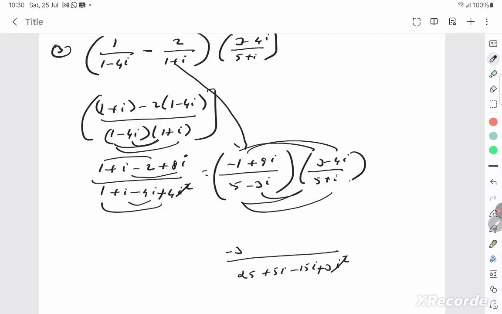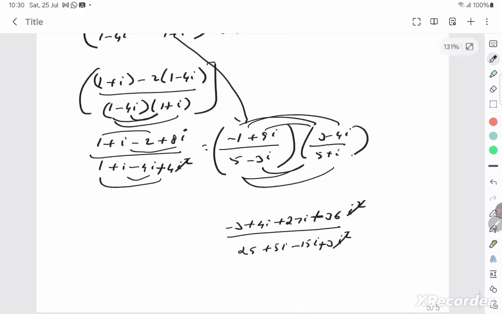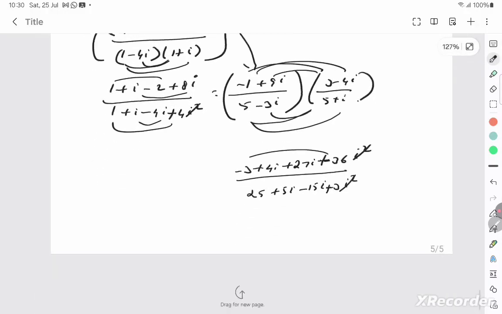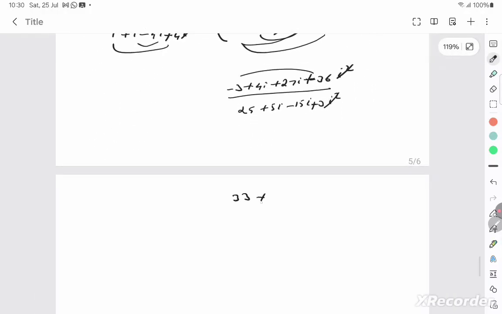Minus 3 plus 4i plus 27i minus 36i square. i square is minus 1, so you can write plus 36. Solve the real and real, imaginary 31i, by the real and the real, imaginary, and then get it in standard form